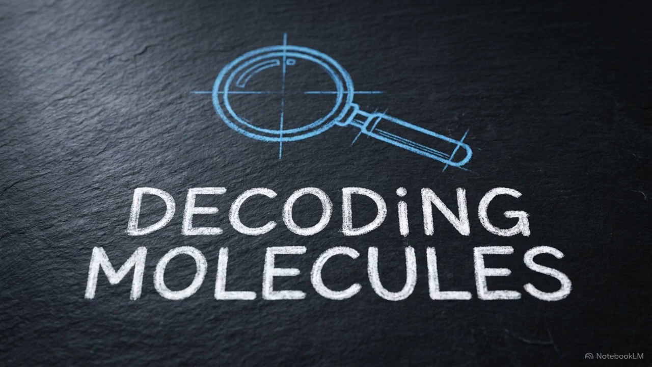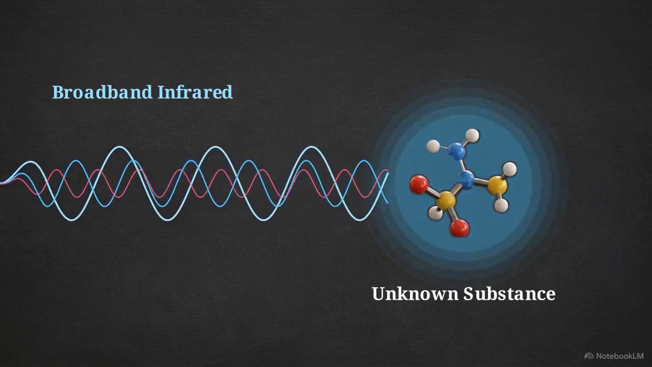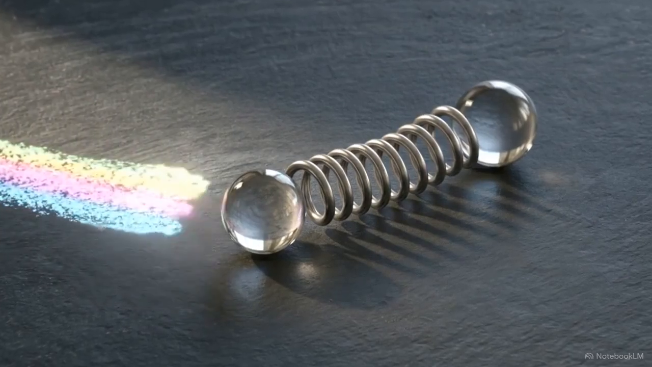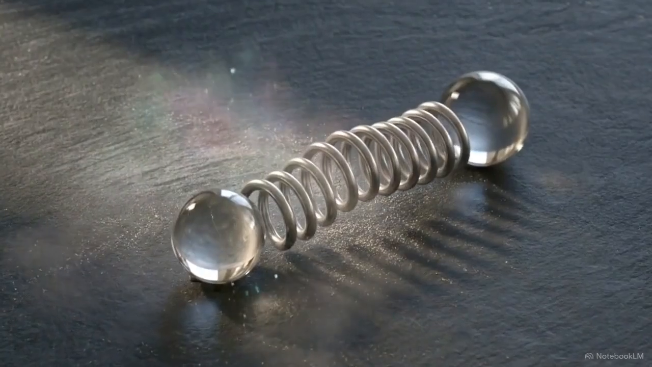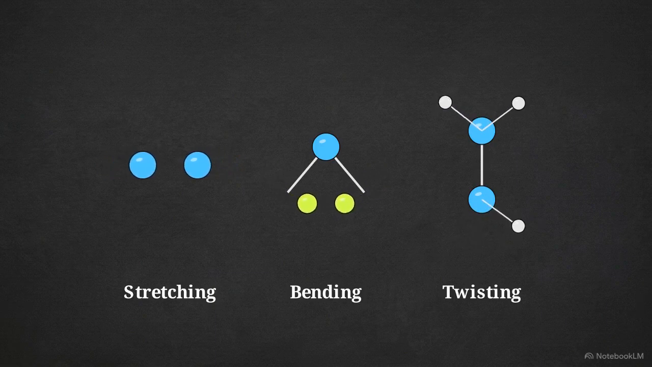The primary goal of infrared spectroscopy is straightforward. Identify unknown chemical substances by measuring how their molecular bonds interact with light. Molecules are held together by bonds that act like tiny springs. When struck by infrared light, these bonds absorb specific wavelengths of energy, causing them to physically stretch, bend, or twist